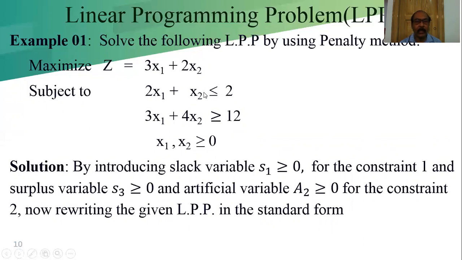If we need an artificial variable for constraint 1, then we use a1. If there is a third constraint, then we write a3. For constraint 2, now rewriting the given LPP in the standard form, we will get